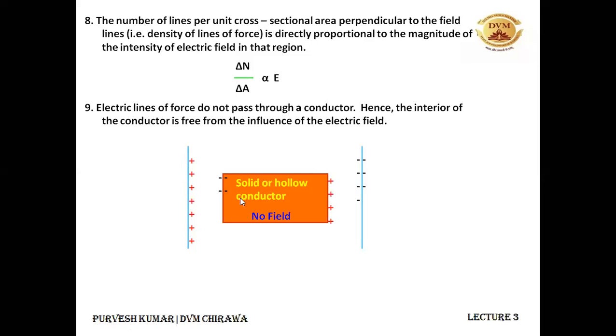So we are having a hollow conductor over here. What will happen? The electric field lines cannot pass through this hollow conductor. They can never pass through a conductor. Why so? We'll be discussing that when we discuss polarization later on in chapter 2. Meanwhile, just remember that the electric field lines cannot pass through a conductor. See this? This is my hollow conductor. It's not having any electric field lines.